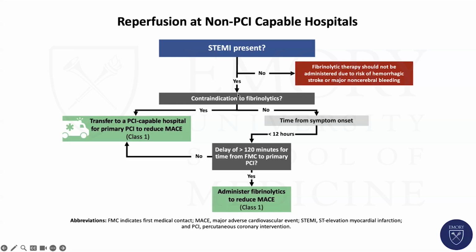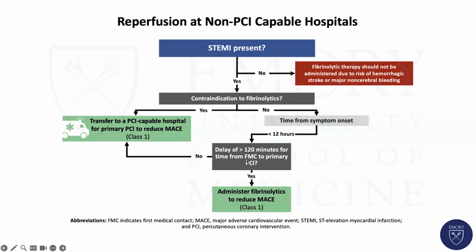But if a STEMI is present, then you need to first ask, is there a contraindication to fibrinolysis, such as hypertensive emergency, recent neurosurgery, history of hemorrhagic stroke, etc. If any of those contraindications are there, then you need to transfer to a PCI capable center immediately, a stat transfer for primary PCI. If there is no contraindication and